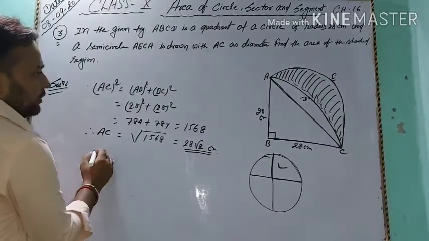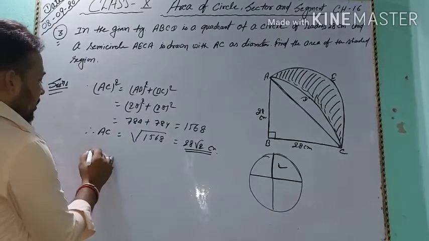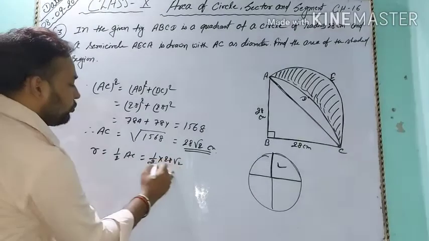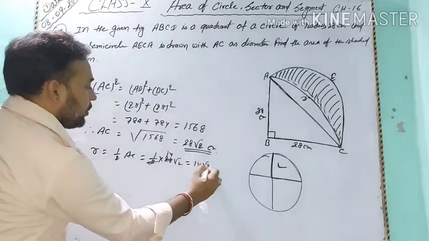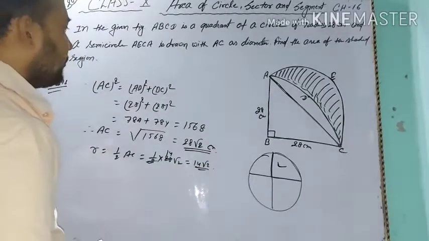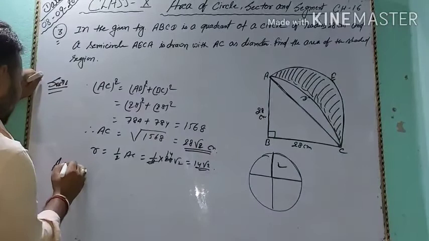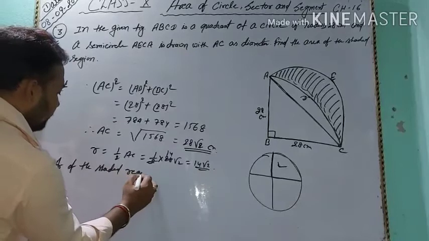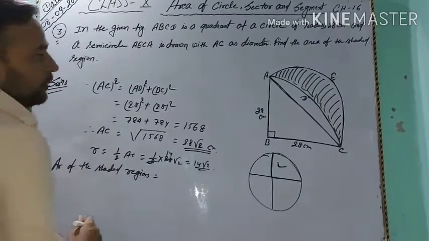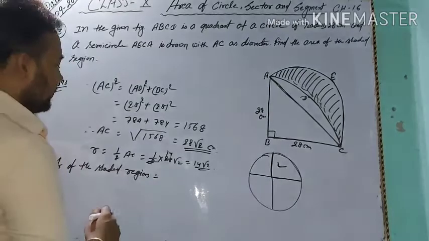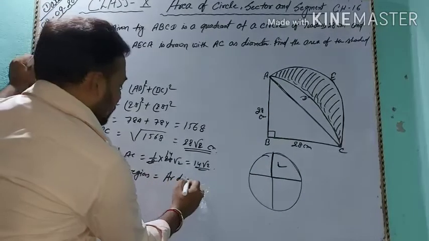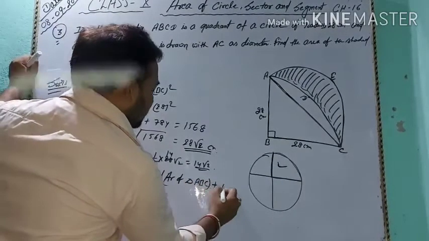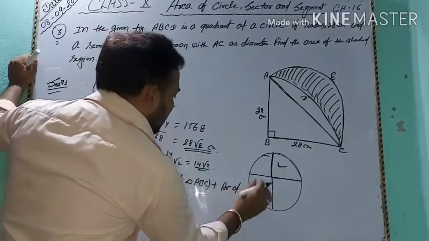So radius equals half AC. Half of 28 root 2 is 14 root 2. Now students, area of the shaded region equals area of triangle ABC plus area of semicircle